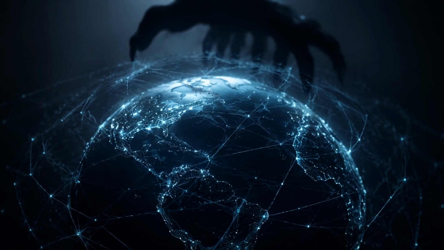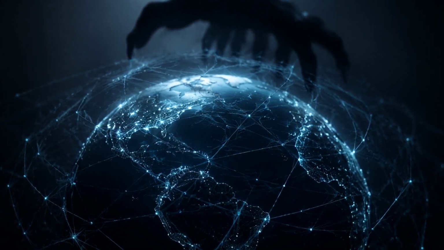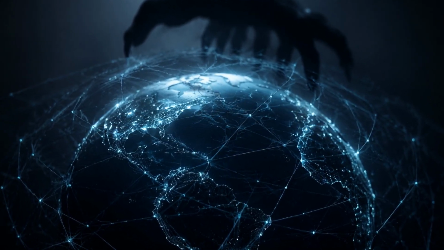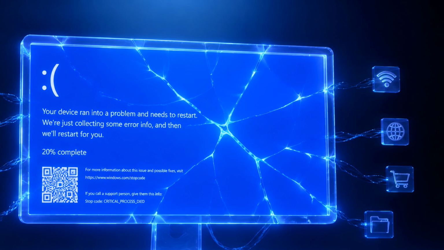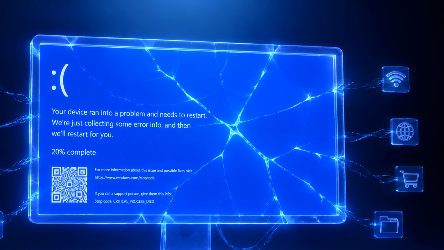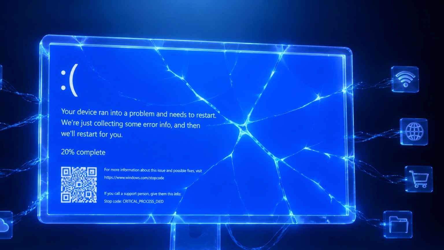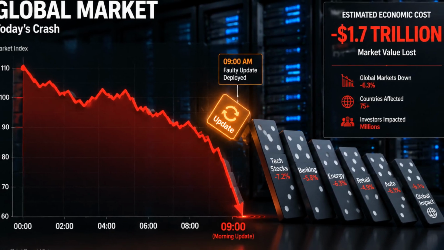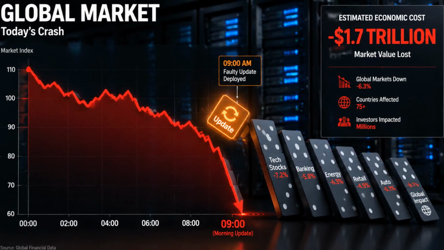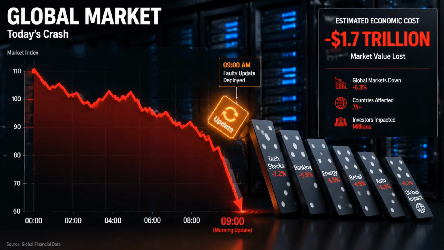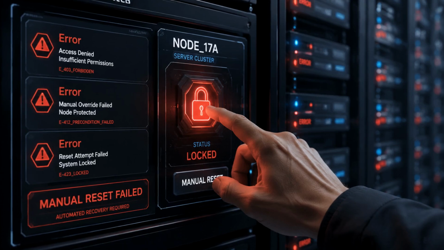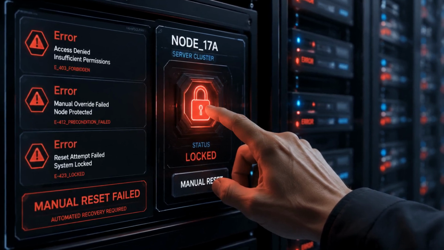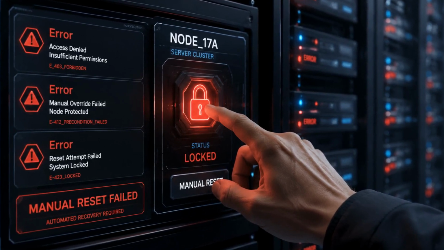Until that balance is found, the fragility of our interconnected world will continue to be a silent, looming threat. The blue screen of death served as a stark reminder that our digital lives are held together by very thin threads. Every update is a gamble, and in this case, the house finally lost, costing the world billions in just one morning. The recovery process was a testament to human persistence, but it also highlighted the limitations of our current